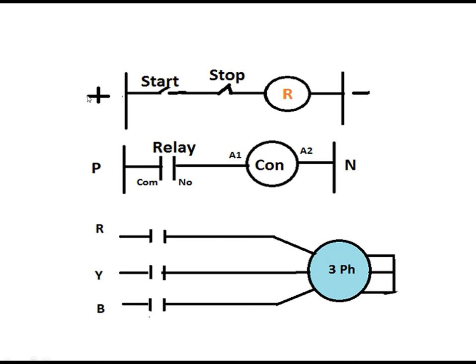So here I have taken a toggle switch, that's why I didn't take any latching. If you are taking the push button, then you have to do the latch also. To do the latch, in your contactor there is a NO coil. From that you can give the connection to your push button, okay.